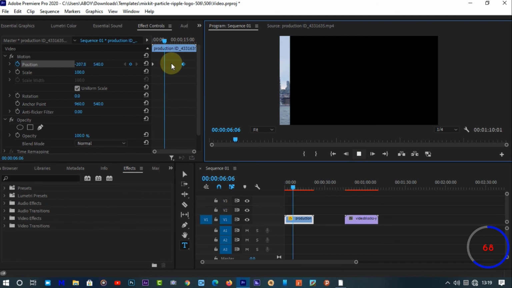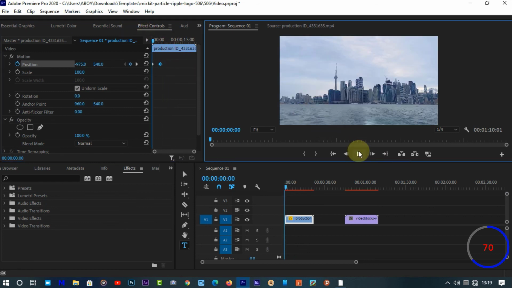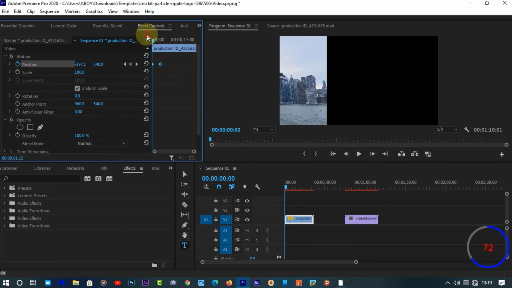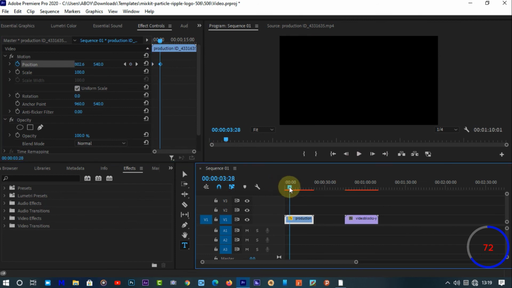So the further your keyframes are from each other, the same thing you're going to get. So bringing this and dragging this closer to this one, that's the same thing you're simply going to get, but this time it's going to happen a lot faster than normal. So let me show you guys how it works. So here we have this, and dragging this from this part to the middle right here,